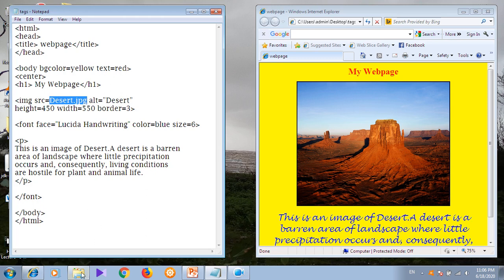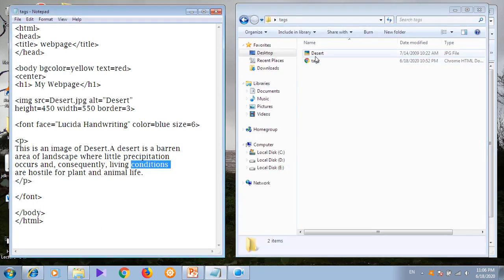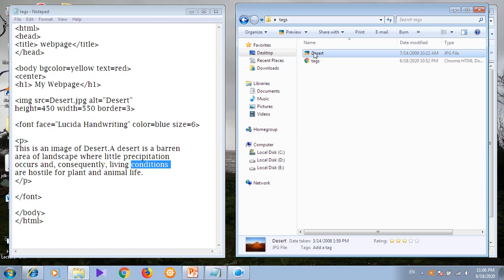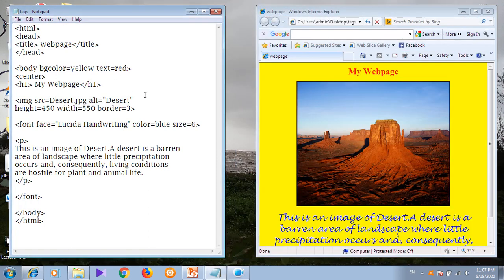But we have to remember one point, that if d is small in desert, here we also write d is small. It's case sensitive, so you have to be very careful while writing the value of source or image file name. Then the second attribute is alt.